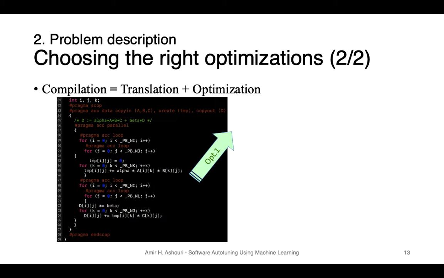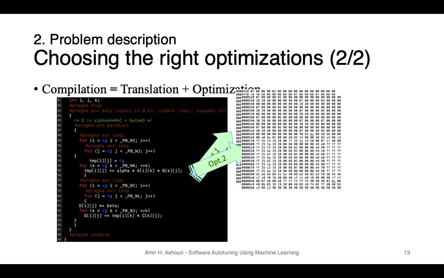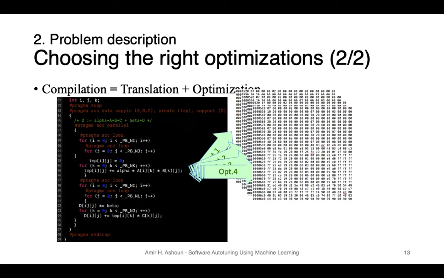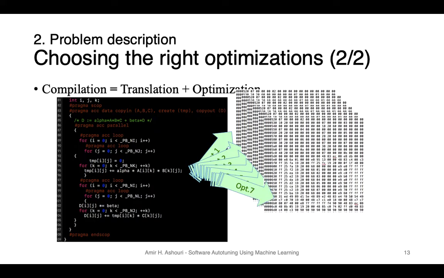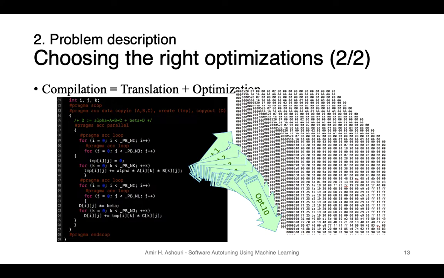So suppose you apply your first optimization, just the CSE that I brought in a couple of slides before. You're going to have this piece of binary emitted out of the compiler. If you use that loop optimization that I mentioned, loop unrolling, you're going to have another piece, right? What if you combine the first two? You apply CSE and then loop unrolling, or the other way around. What if you had other optimizations and you could combine them with repetition as well? You see that simply by adding optimizations, you're going to have more and more combinations, to the point that it's getting out of your control, right?